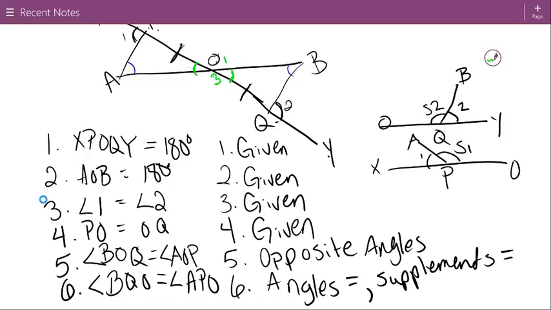Okay, so we have this green angle here. Because they're opposite angles, they're congruent. We have a side, and now we have